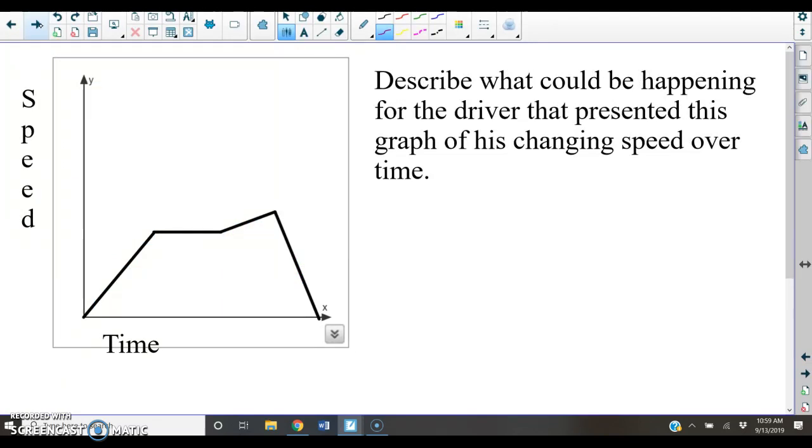Here we have a driver that presented this graph of his changing speed over time. Now, I did not put the different hours in, time, it could be minutes. Okay, so if we take a look at this, here his speed is increasing. So he left,